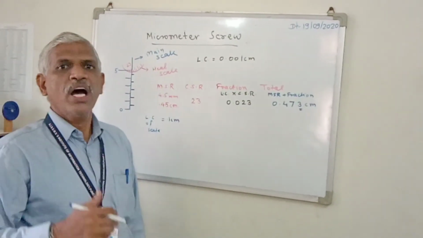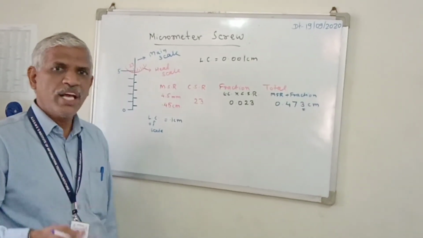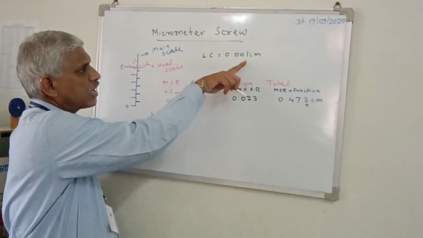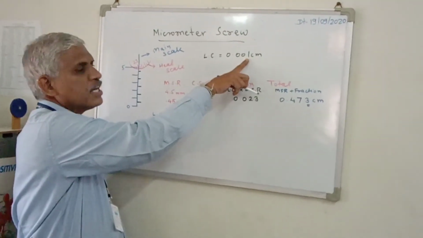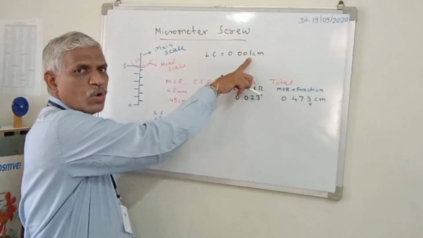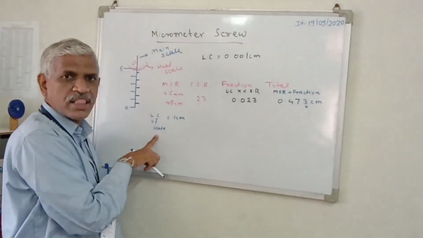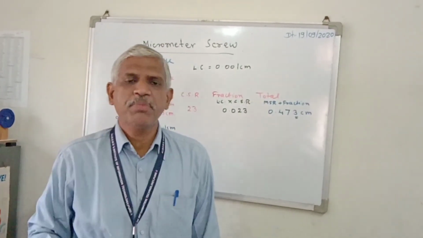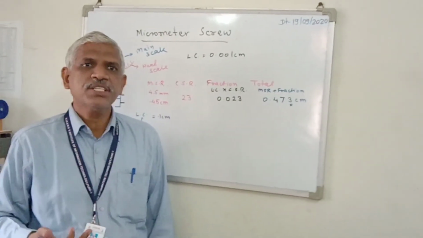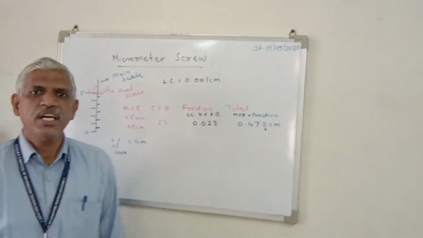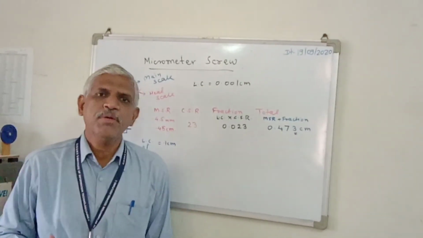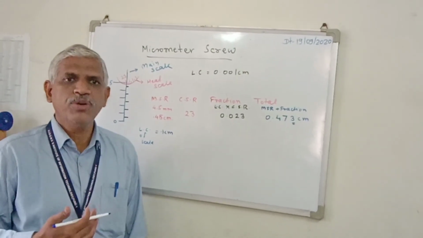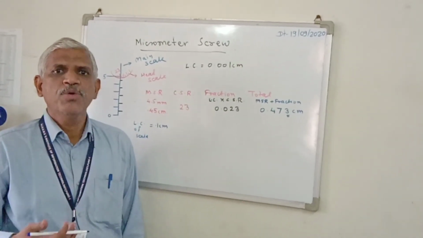This is how accurate methods of measurement of length, or change in length, or any other quantity can be made precisely, because the micrometer screw has greater accuracy than the conventional scale. And this is how going for accurate measurement increases the correctness and thereby the accuracy in our calculation. So we can go for precise calculations, and the quantities which we are supposed to estimate using these values can be achieved with very high accuracy.